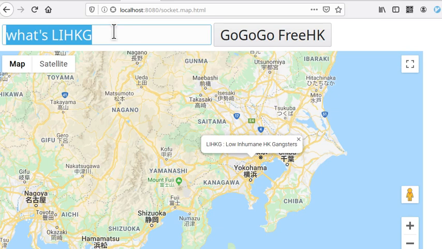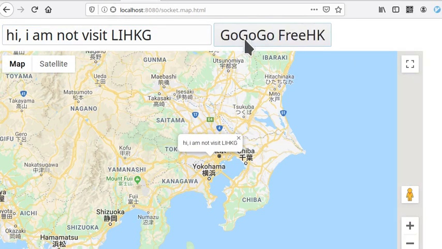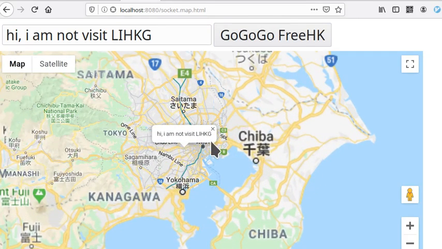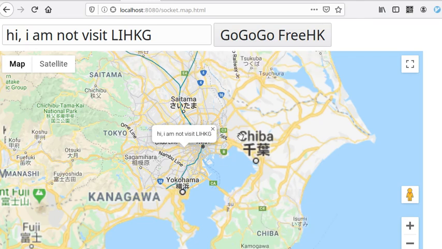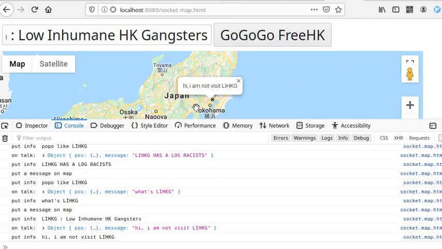Once the first user says, here, I am visiting, and calls RIHKG low inhuman Hong Kong gangsters, then he sends the message. He's going to see his own message on the map, east from Chiba and north from Yokohama. Then another user is using the same map, and he wants to see who's talking what. You can see he is also in Japan, and he reads the message, hey, I'm visiting. Then he said,